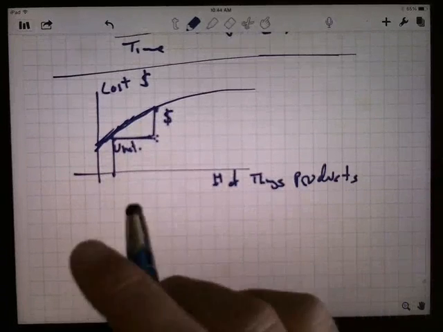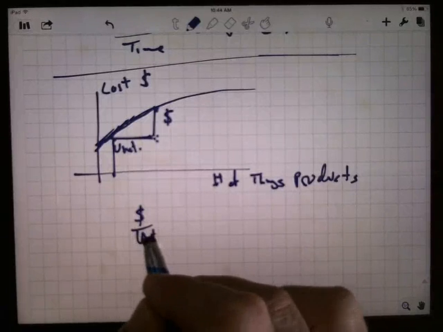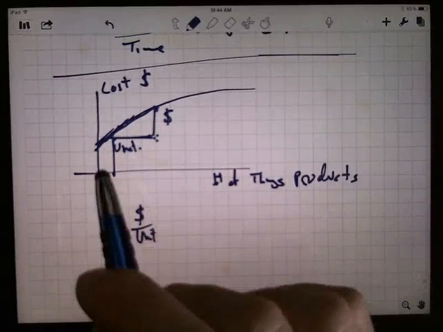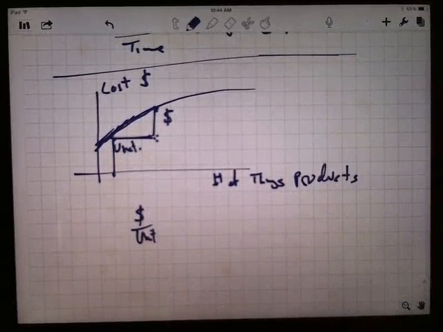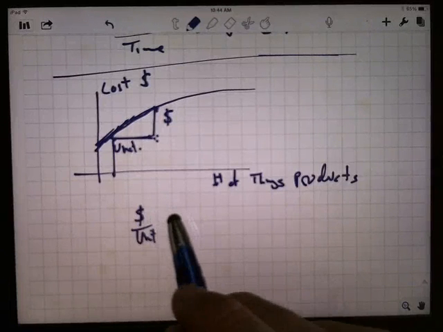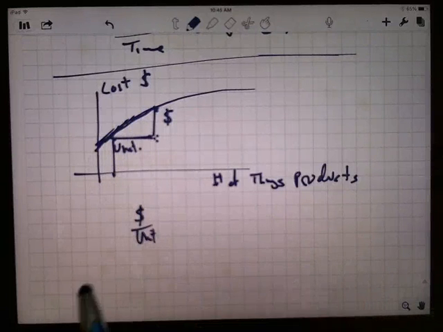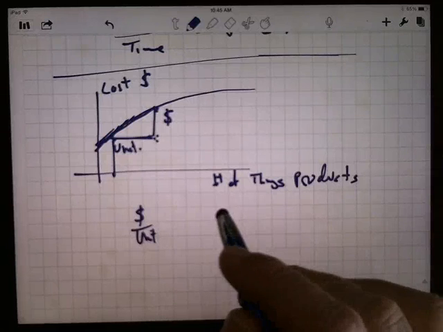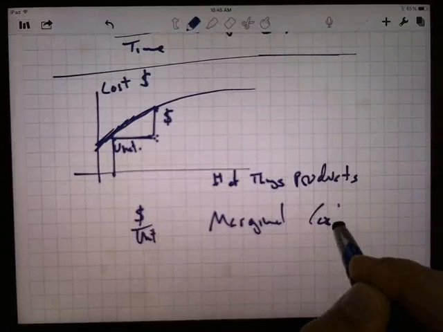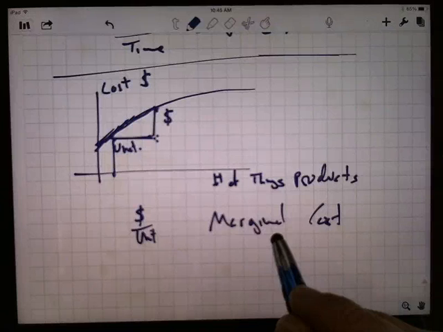Okay, and so when they start looking at dollars per unit, they're looking at derivatives of cost functions, or they might be looking at profit. How much profit am I going to make from that next unit? When you're in an economics class and they start using derivatives to talk about this stuff, they don't use the word derivative. They use the word marginal. They say marginal cost, right? Or marginal revenue or marginal profit. They use that word marginal to mean